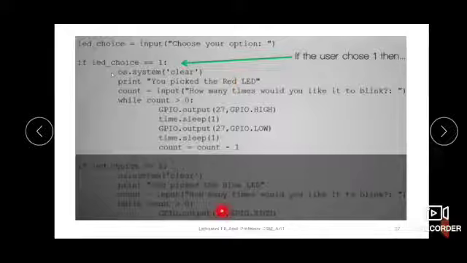Here we are taking the 17th pin because we are taking the blue LED, and the 17th pin is made high for 1 second, and again made low for another second, and count is decremented. So like that it goes on, and the same way it is executed with the 17th pin.